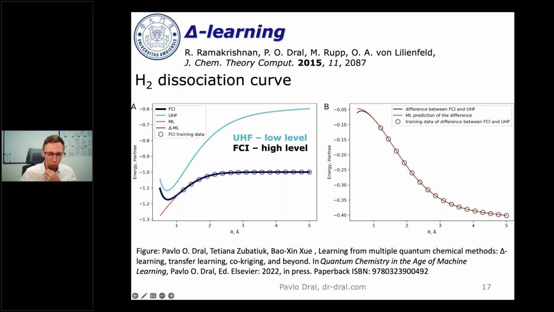If you use machine learning but train only on part of this dissociation curve, then you will not be able to predict the minimum correctly. It's very accurate for the training points, but it will be very bad for the other points. One way is, of course, to cover all the points which are relevant, which is a very good strategy. Another, complementary strategy is to learn the differences between the low-level and high-level methods with machine learning, and then you will be able to predict even the minimum correctly and preserve the physically correct behavior. Plus, you will have good accuracy too, because the difference is usually